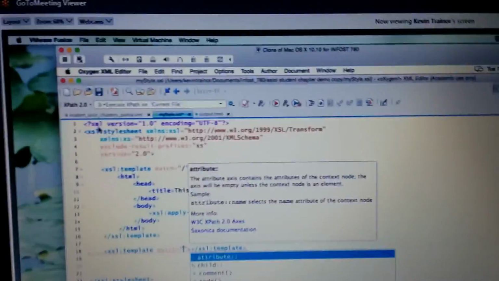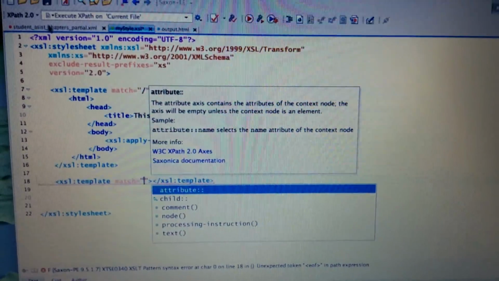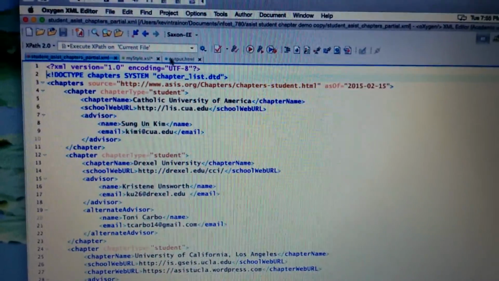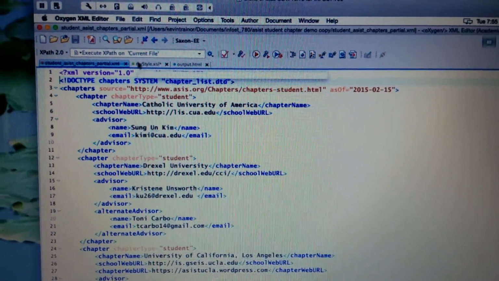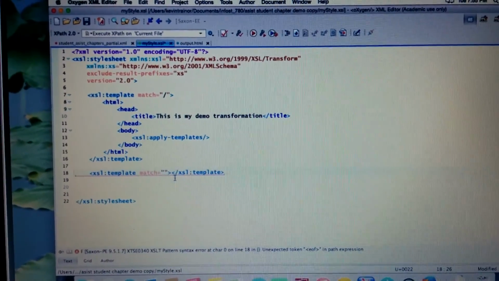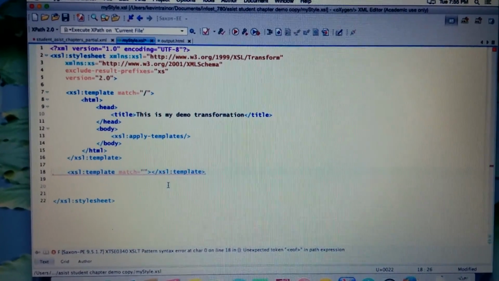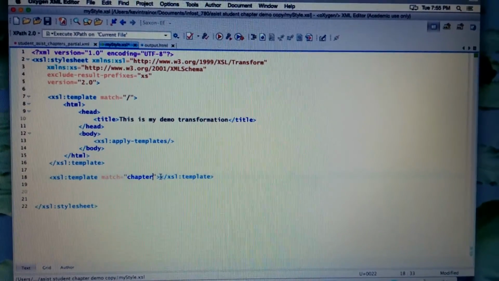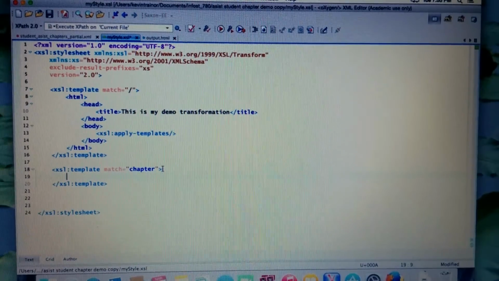So template, let's say match equal, what's this thing called? Chapter. Okay. So we got match equal chapter, and this is called chapter name. So we're going to say match equal chapter. Okay. And then we're going to say,